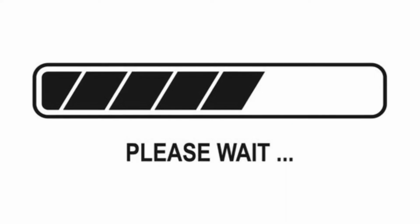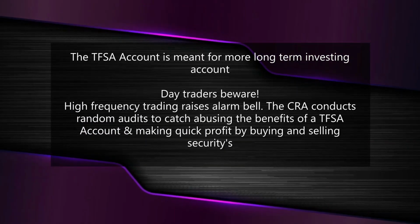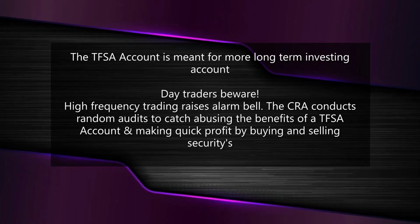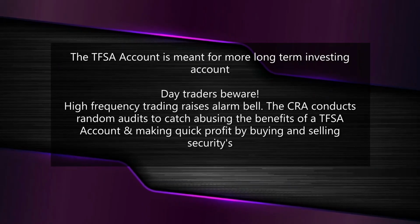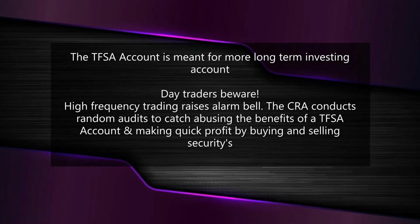Just one more thing I wanted to mention about the TFSA account. It is meant for a long-term investing account, and I wanted to make sure that day traders beware. High frequency trading raises alarm bells. The CRA conducts random audits catching those abusing the benefits of the TFSA account by making quick profits by buying